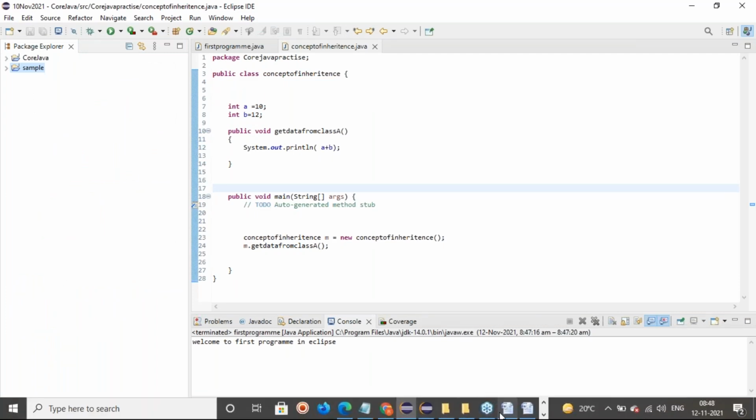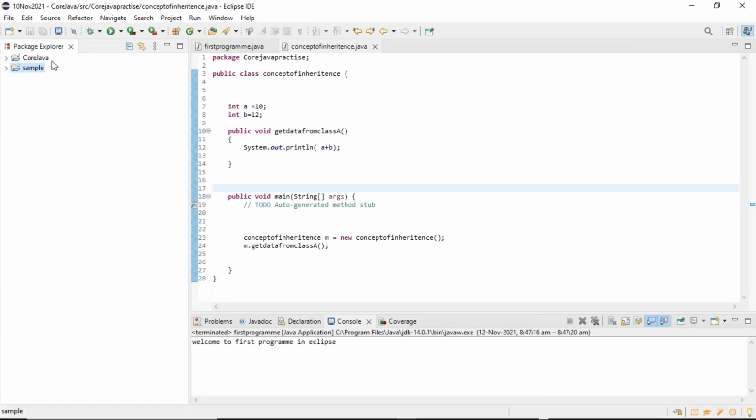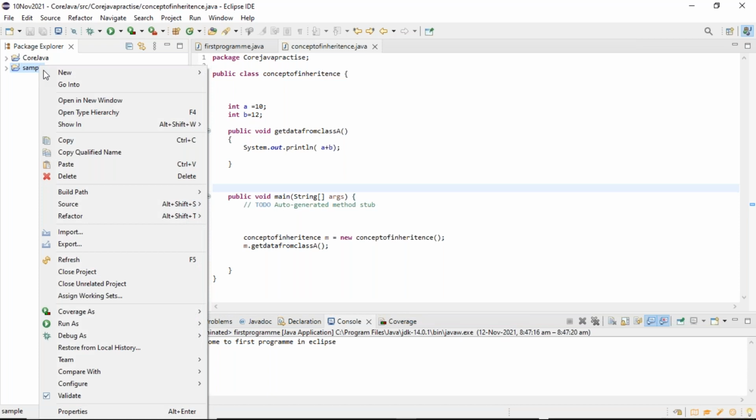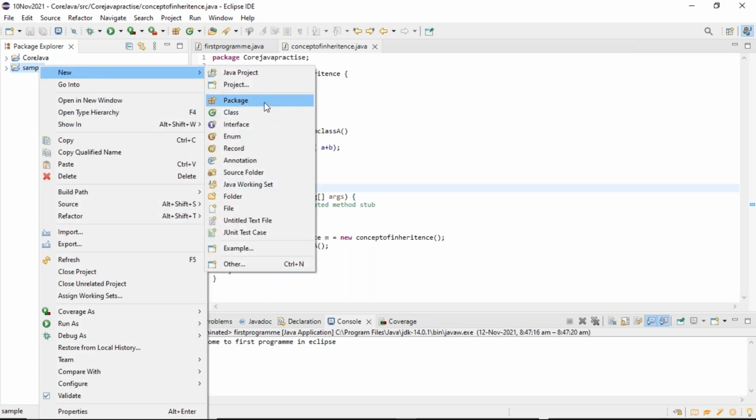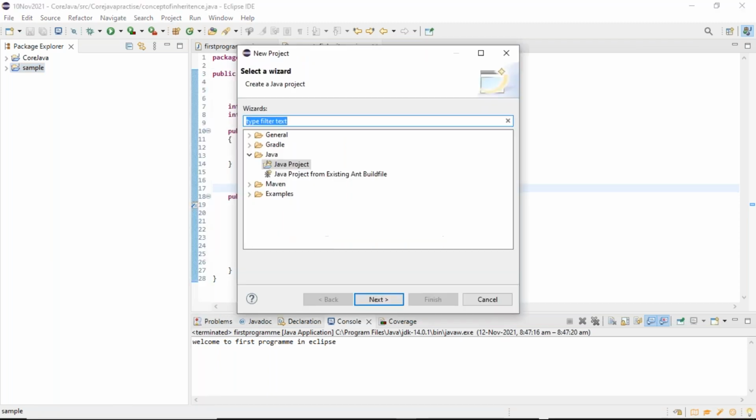Where should I go? Project, Java projects.